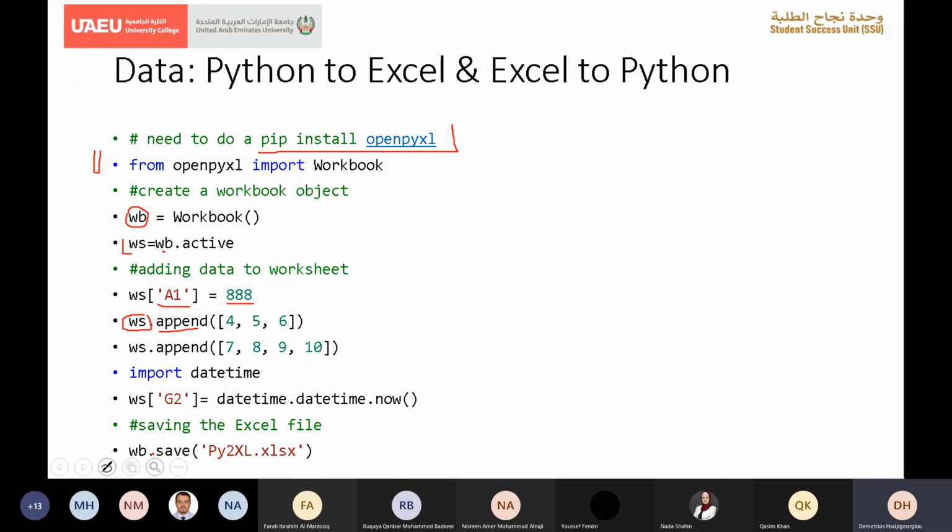And using the save, I'm essentially saving these Python variables in this particular Excel file that you see here, which is in my default directory. So if I go to my default directory,